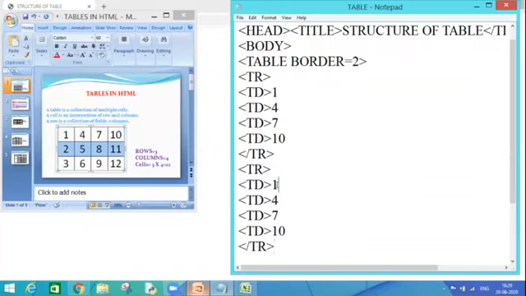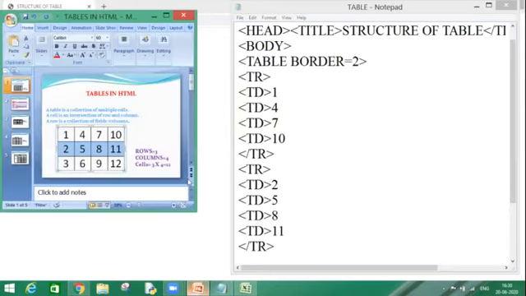In my second row, I'm changing the values: the next cell is 5, the next cell is 8, and the next cell is 11. Now Control S and let's see the execution. See, my second row has been formed.